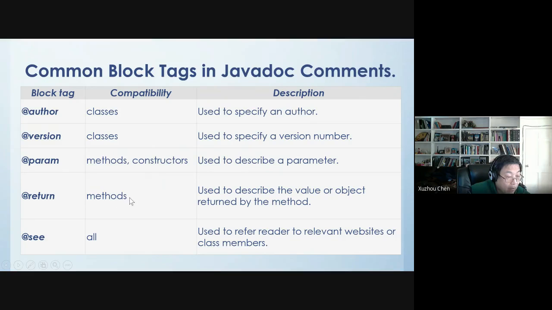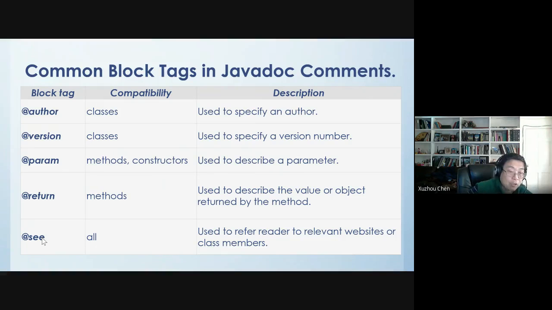Also just say this method is going to return the value. What kind of value is returned? Okay. And also, if you say, okay, in order to better understand this method or anything, you can put another tag called @see, S-E-E. @see basically means, okay, to better understand this method, please also see, you can refer the reader to other actually